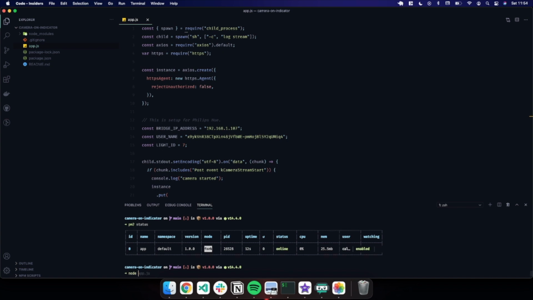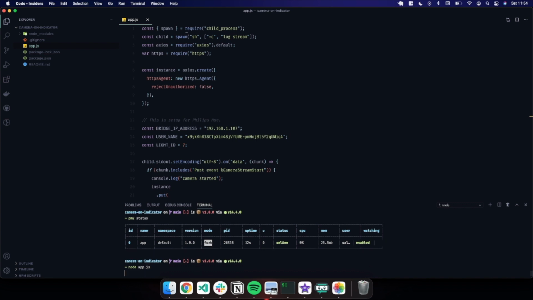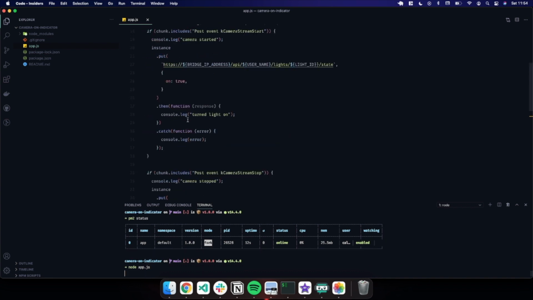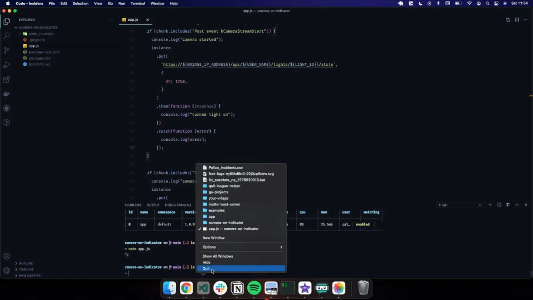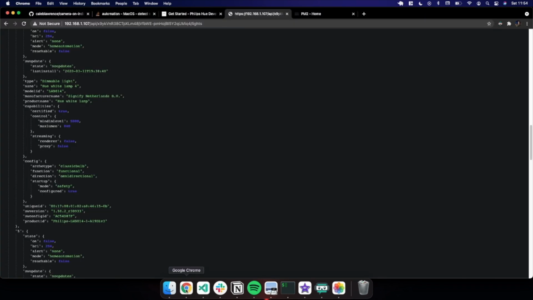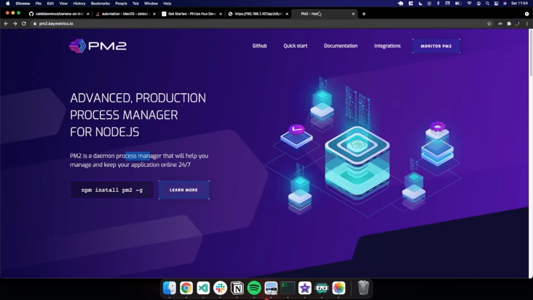I can start the script up by just doing something like node app.js, and then it started. It'll start logging things as I turn the camera on. But this isn't the most reusable solution, just because I don't want to have to start the script up every time I'm using my laptop. I want to be able to close this, you know what I mean? So to get it running in the background,